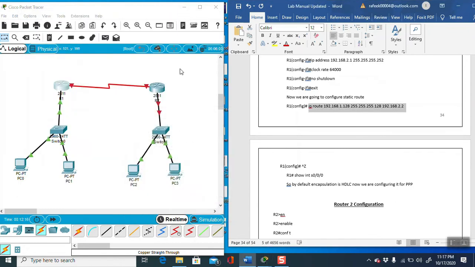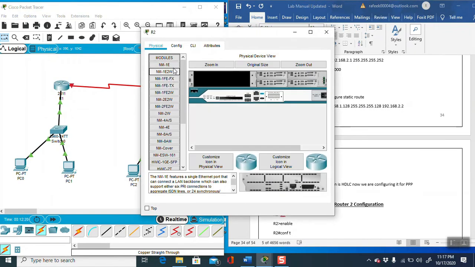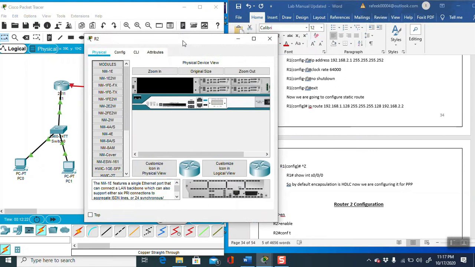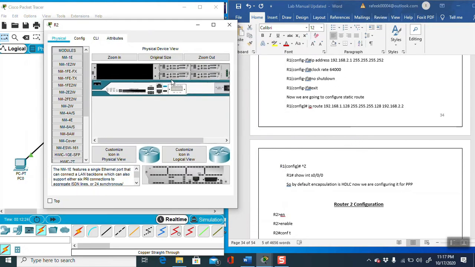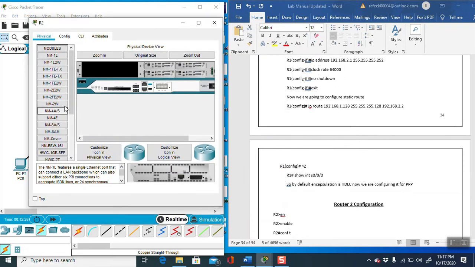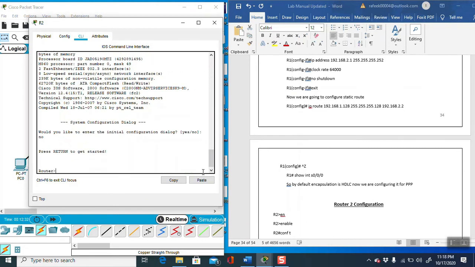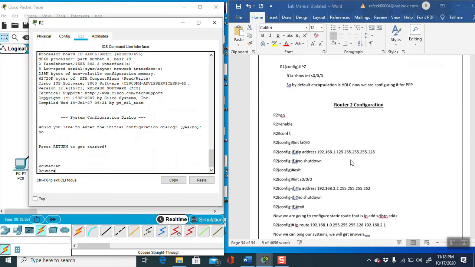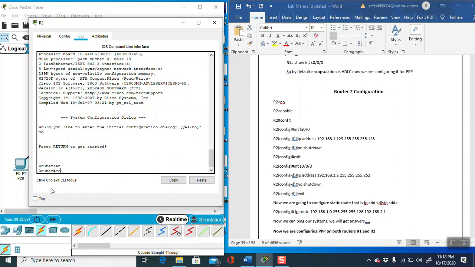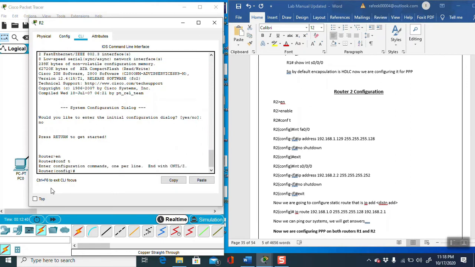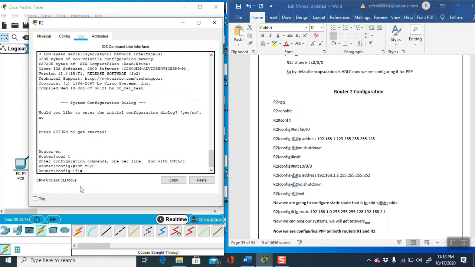Now go to the second router. Go to CLI, enable, then config terminal, interface F0/0, then give the same IP address.